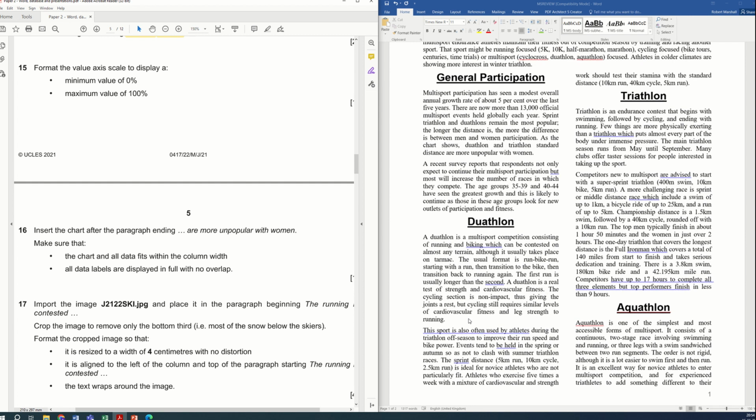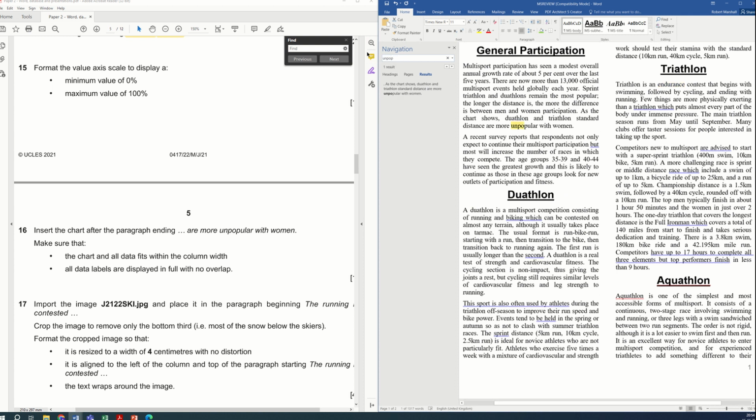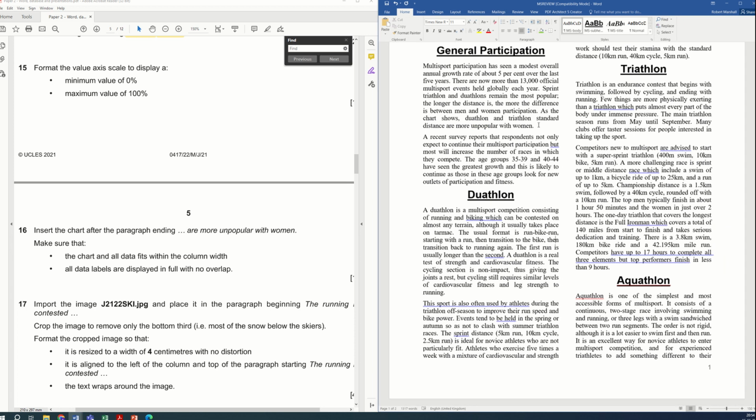Okay. If you can't find that, you can press Ctrl F in the Word document and type in some of that text there. So it's the first paragraph after general participation. Okay. So if you paste it in,